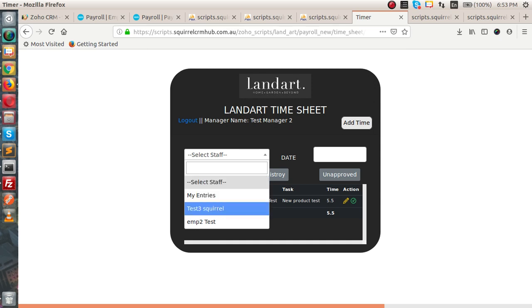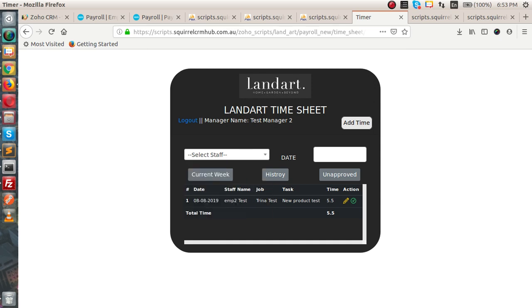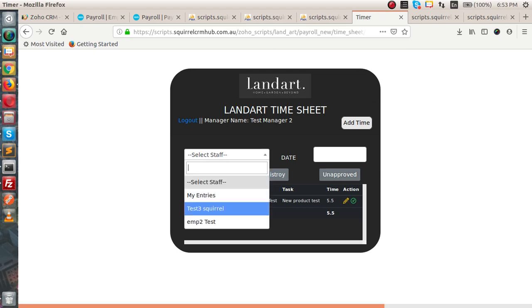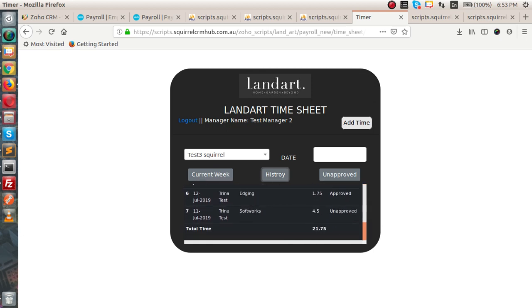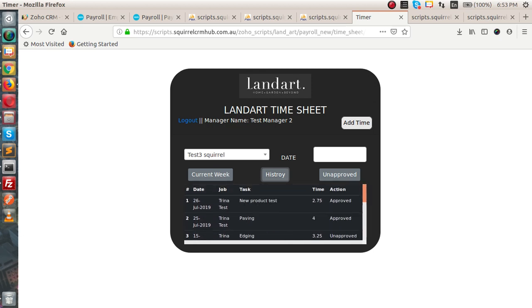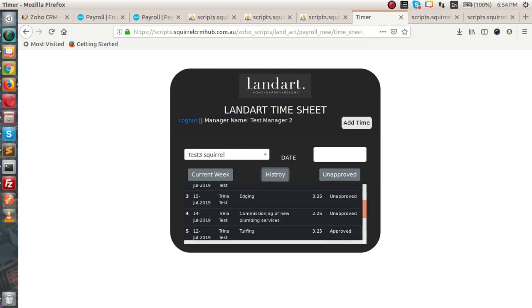Now you can see here there are three buttons that can show the current week entry, history and unapproved. If I select test 3, if I want the current week entry of this staff, it will show there is no current week entry here. But if I want the history of this record that is not approved or approved from the past duration, there are multiple records like this. There is a scroll, and scroll down,